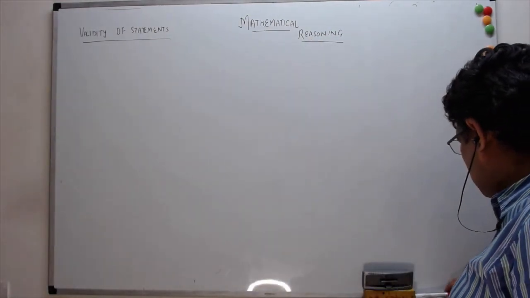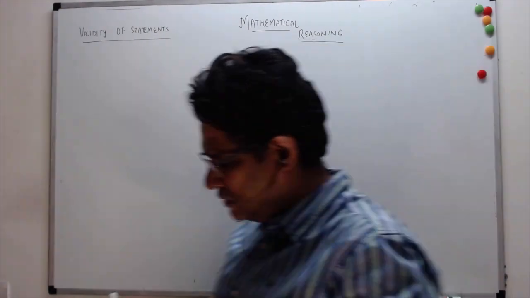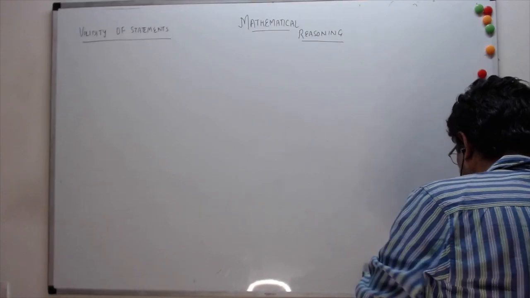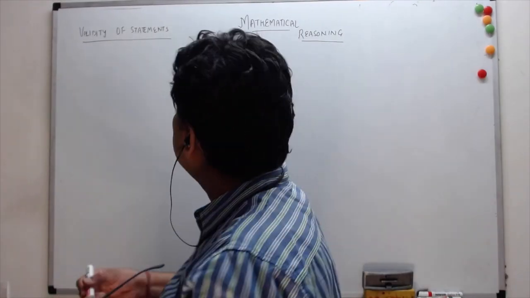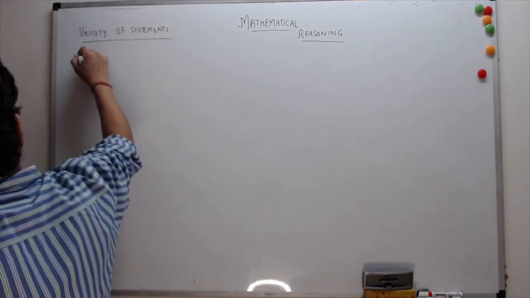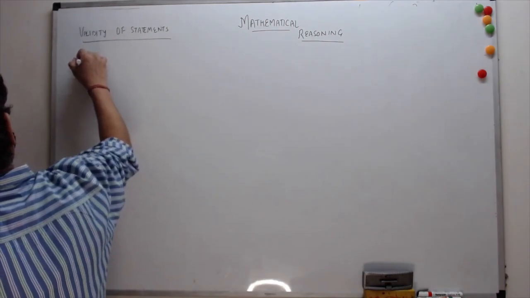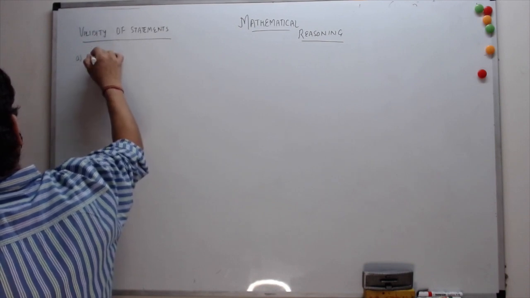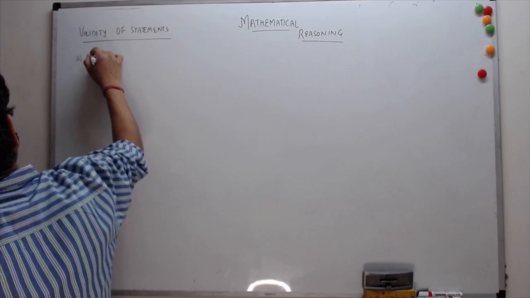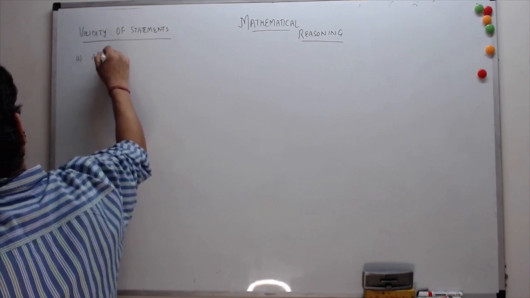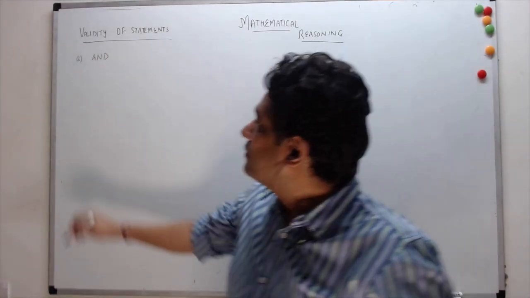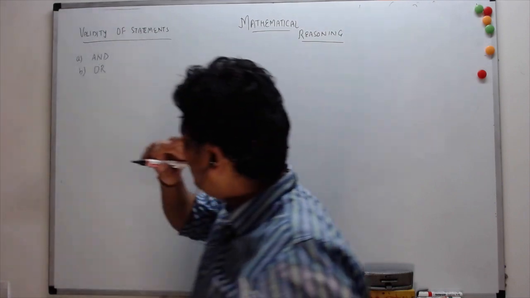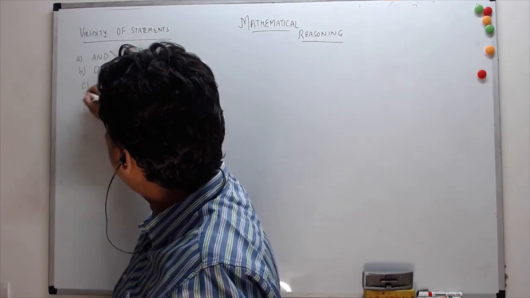It's not just about writing them or formatting them in a given way. Ultimately, what is the use of it? From that perspective, the kind of statements we have seen are compound statements, which use AND as a connective, or it could be an OR, something like that. And then we saw if-then.